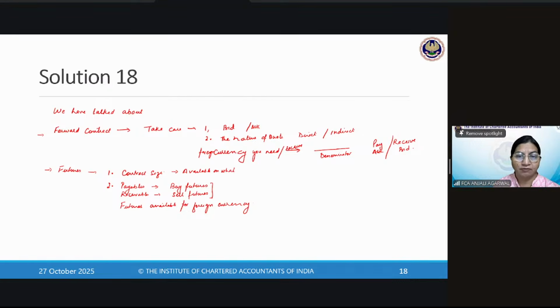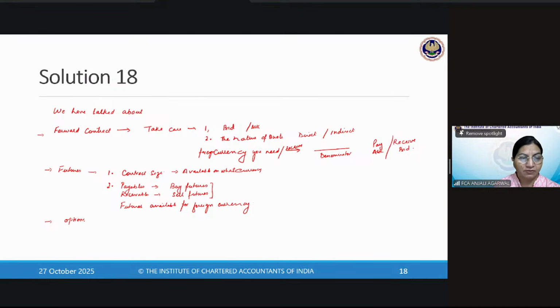If the futures are available on home currency, you will take the opposite of these positions. If I have dollar payables, I'll buy dollar futures, but if rupee futures are available, I'll sell them. So this is one thing you have to take care of in futures. Similarly, under options,